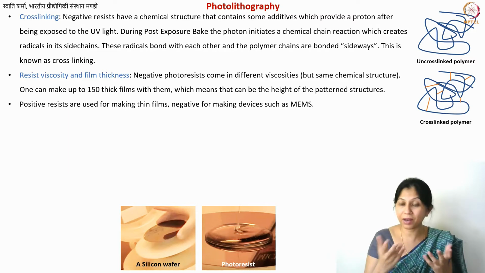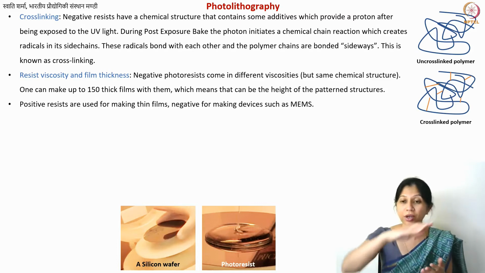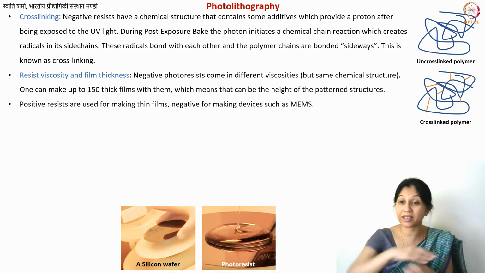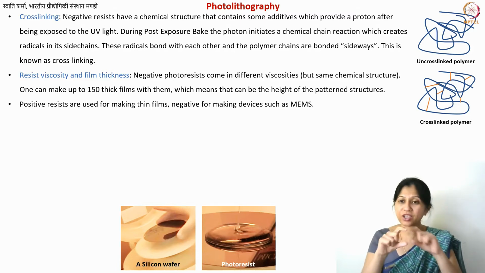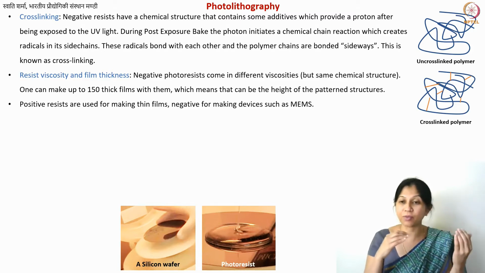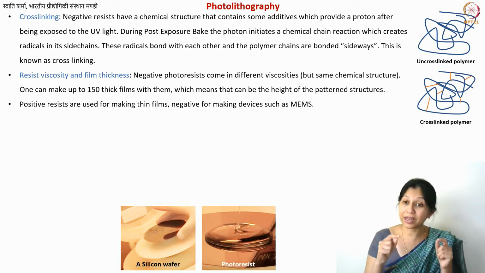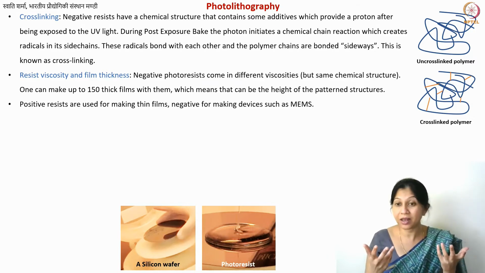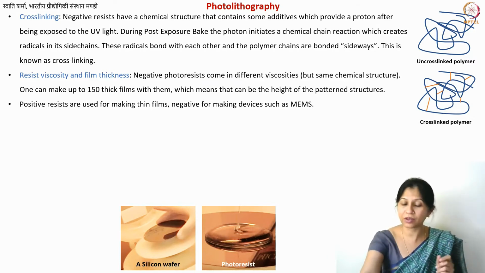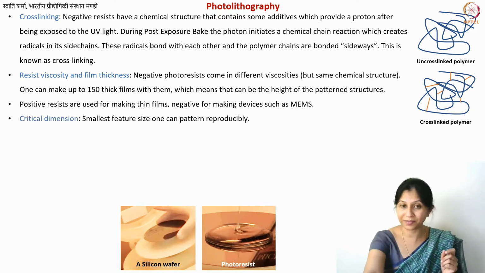Also, MEMS devices sometimes may have suspended structures, cantilever-like structures. In that case, you may have to etch away certain layers. You may have to make certain sacrificial layers, complicated structures. So there you will rather go for the negative resist. And our negative resist also carbonizes better. So for us, mostly it is going to be negative resist processing.